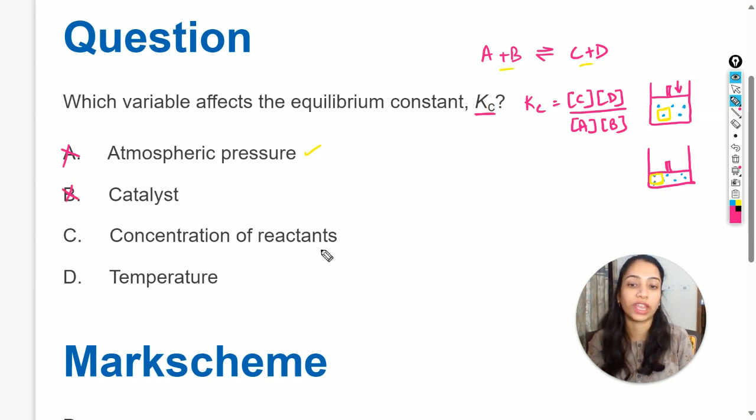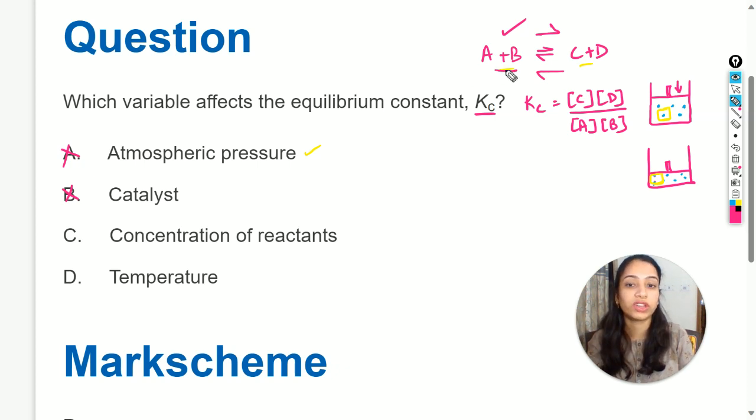Next is concentration of reactants. So again, in this case also, according to Le Chatelier's principle, if we increase or decrease the concentration of reactants, the system tends to counteract that change by favoring either the forward reaction or the backward reaction. So if we increase the concentration of reactants, then it favors the forward reaction so that the reactants are consumed and the concentration of the reactants decreases. And if we decrease the concentration of reactants, then the system favors the backward reaction in which the reactants are produced,